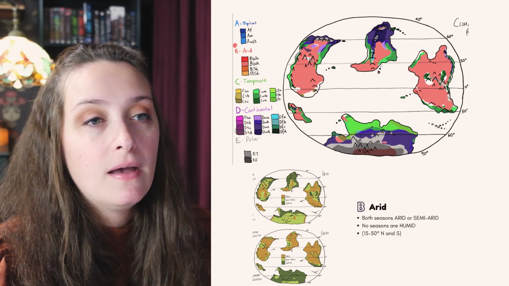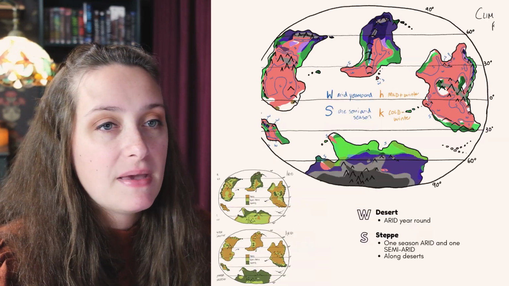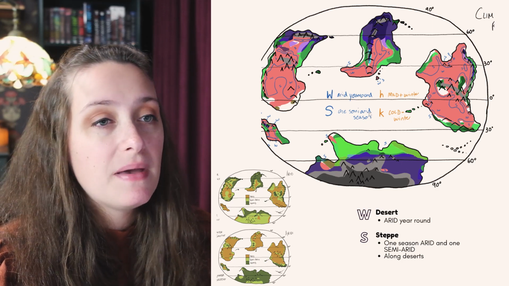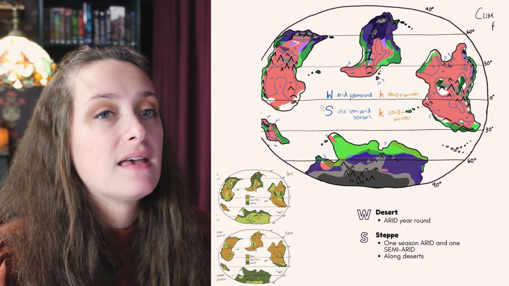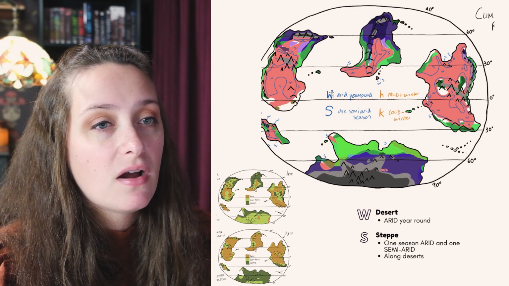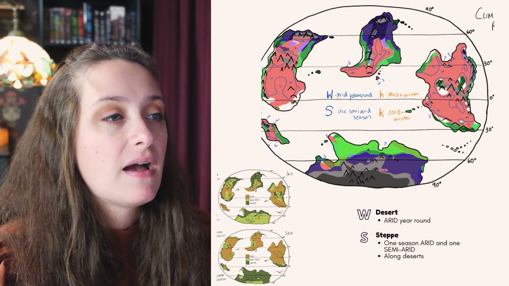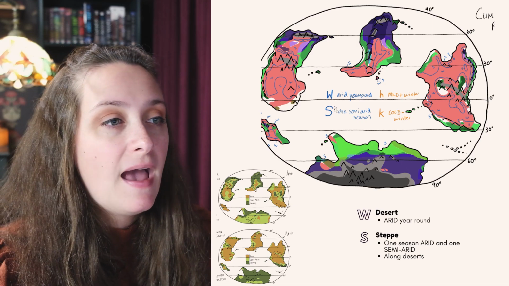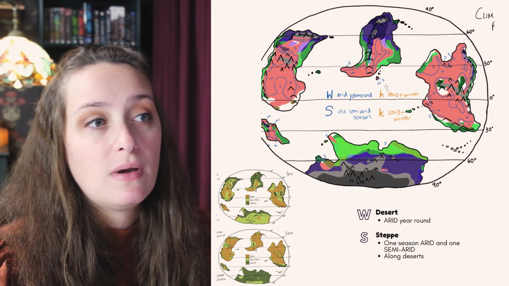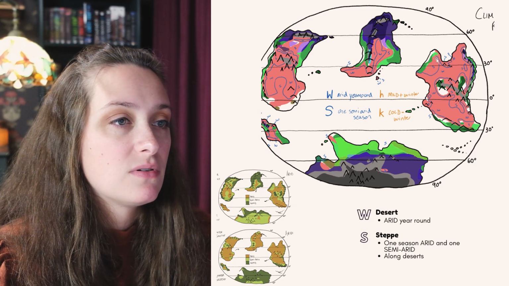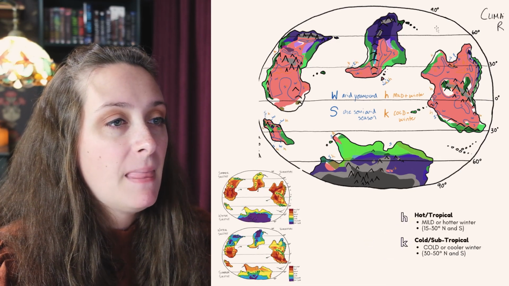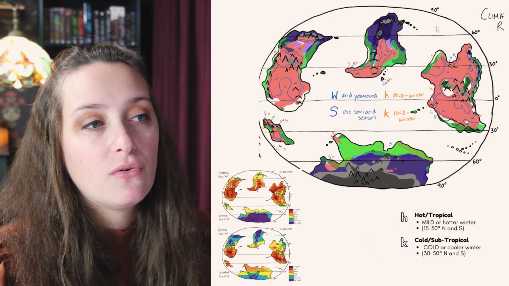You can see there are places that do not have any colors. We'll deal with those later, but I went through and divided the areas between W and S, desert and steppe, based off how arid they are. So W is arid year-round, S is there's 1 semi-arid season, and then we'll go through next and do H and K. So here you can see I've circled the areas that are W or S in blue, and then here I've added the yellow for